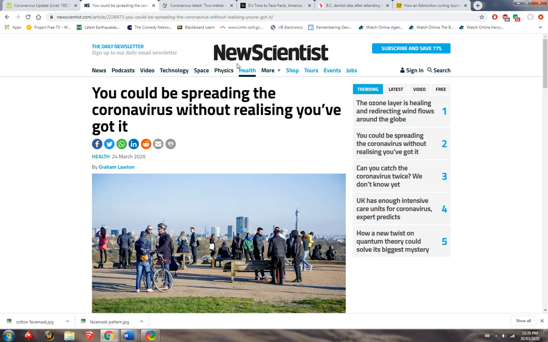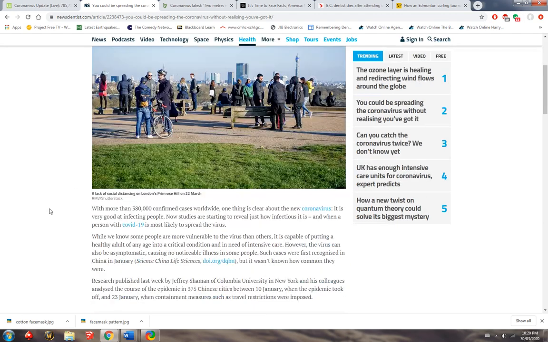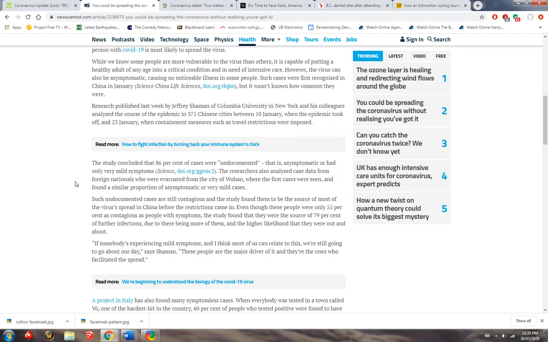This is from the New Scientist. This is from March 24th, so we're now over at the 30th. So sorry, guys. I didn't find this one till yesterday, so I'm behind the eight ball a little bit here. But it talks about the risk of asymptomatic spreading and shows some numbers that explain just how big that risk